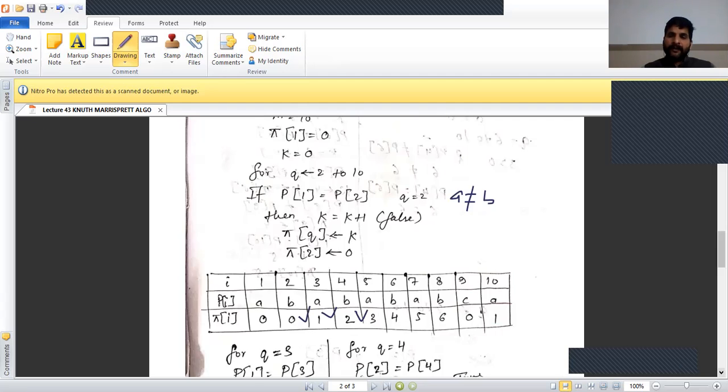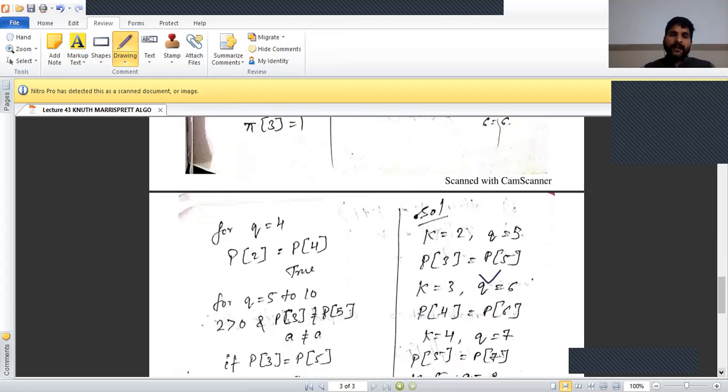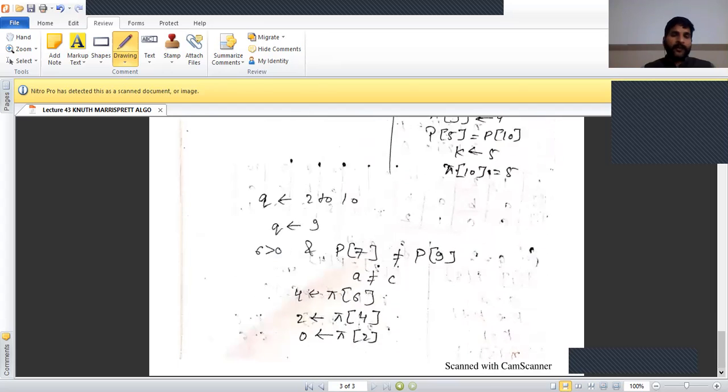Next, check while loop is true or not. So according to k equal to 4, 4 greater than 0, condition is satisfied, and p5 equal to p9, condition while loop is true. So for loop, the value of pi 4 equal to 2.